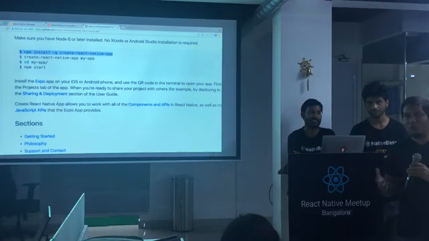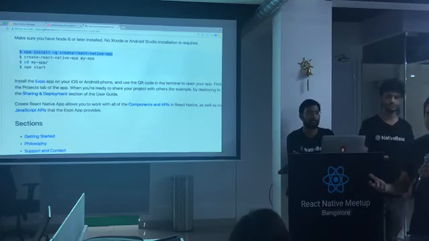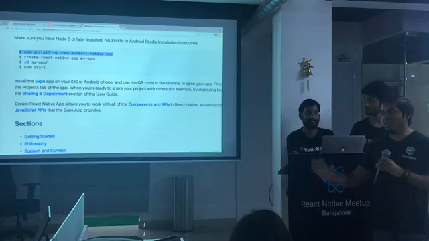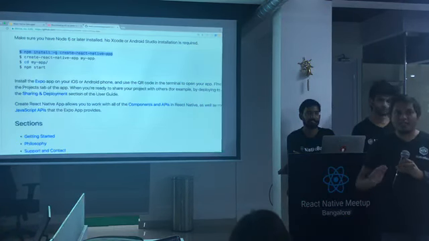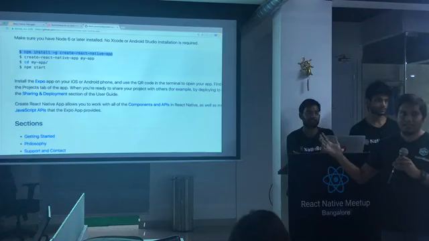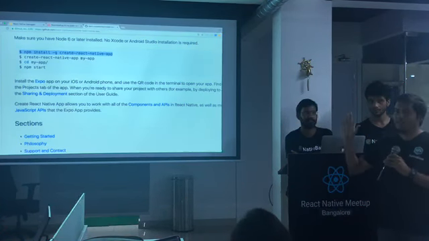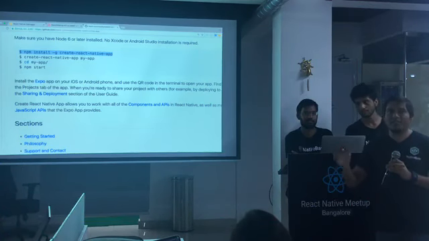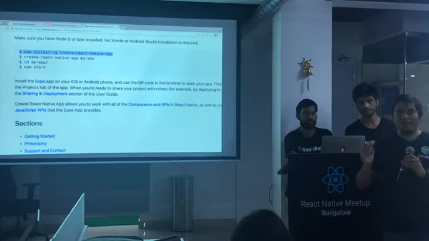JavaScript world is so open source and so not in control of everyone, that every day you see a new framework, every day you see a new state management library, and that's the problem. Okay, so we won't touch Redux and all those things. We'll come back to that in the next slides. For now just think of it as a simple app which will just have an entry script, and if you make changes to that entry script, it will just render something on your phone. Okay, so is it a stable thing? We'll talk about that in a bit.